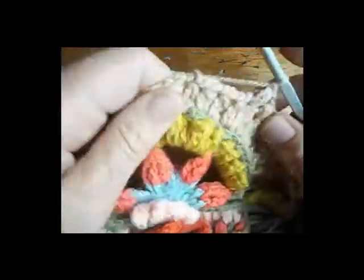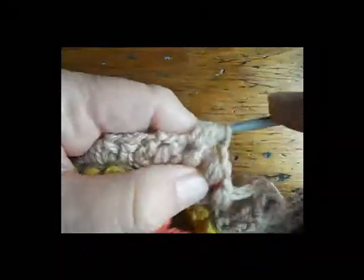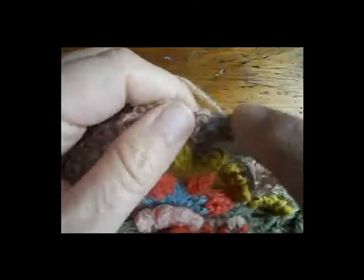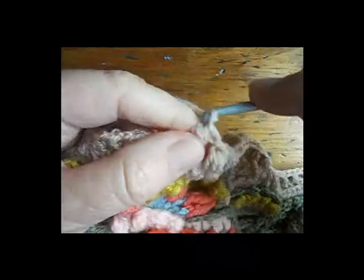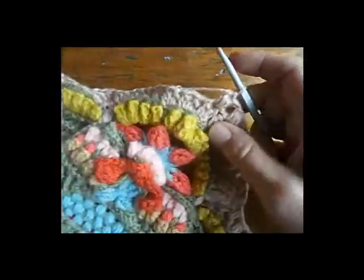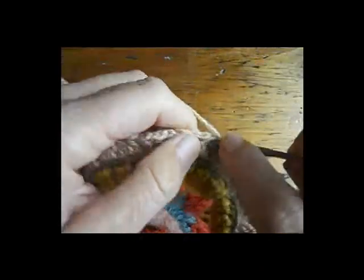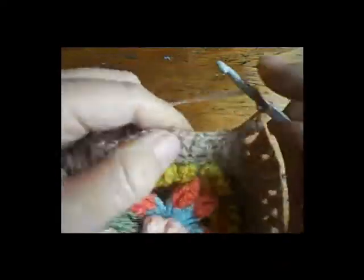Alright, bear with me. It'll all work out, don't worry. 1, 2, 3. Okay, and I'm going to go all the way down the other side with you. So 1, 2, 3, as long as I'm not going off camera,